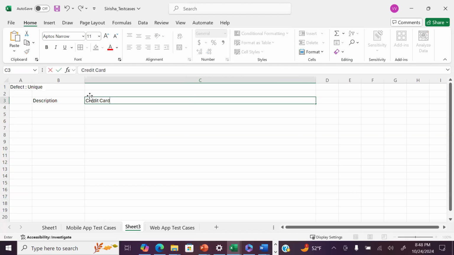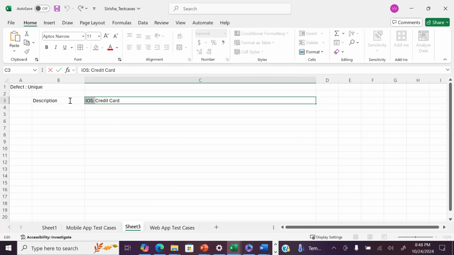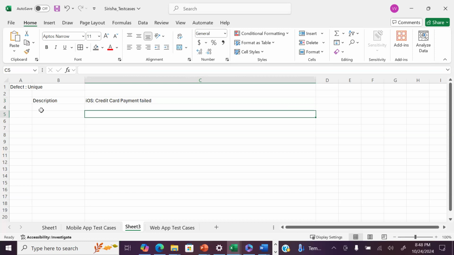Suppose you found the defect in iOS, not Android. Then write iOS. Suppose it is a backend defect, then we'll create just a backend defect. If it is client level, then iOS credit card payment. Then we'll write